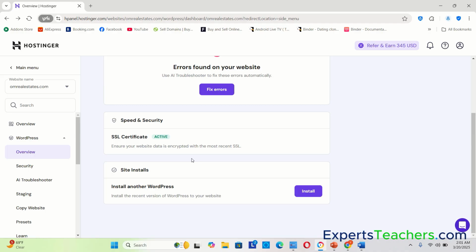You just need to click on that, and once you click on install, it will show you a pop-up which will contain very simple information, and you just need to click on next. It will ask you to enter an admin password. Okay, and it will show you the admin email, password, and website title. These three options you will get, and you just need to click on next and then click on install WordPress. Okay, so